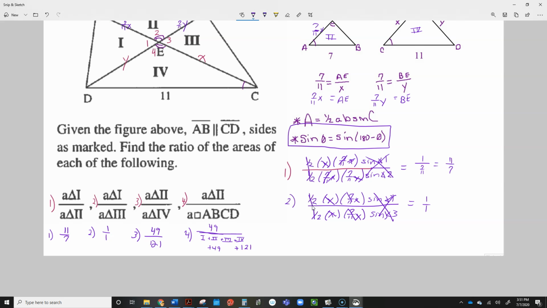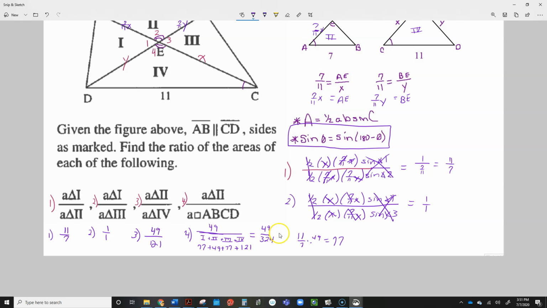Well, this means that 11/7 times 49, then you're going to get 77. And 11/7, since that's the ratio of this one right here, then for triangle number 1, 77 is the area. And since 1 and 3 were a 1-to-1 ratio, 77 will be the scale factor number that will represent the area to number 3. If you add all of those numbers together, you get 49 over